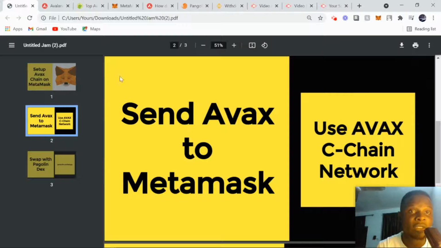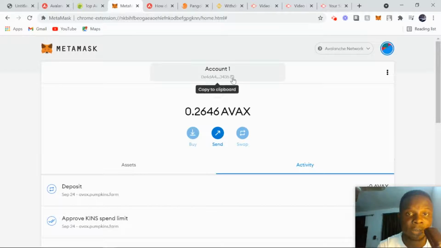You can copy the address here. For example, I have Avax on Binance, and I'm going to copy this address and send Avax to this network that I created on MetaMask.